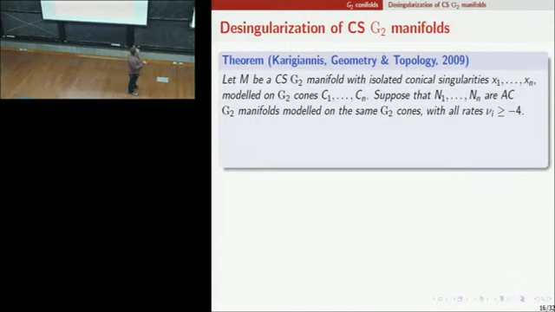So in fact, this is what I did 4 years ago, or I guess I started 4 years ago, published in 2009. These don't exist yet, but if you had a conically singular G2 manifold with isolated conical singularities that are modeled on these G2 cones, and suppose you had the objects that you want to glue in, the asymptotically conical G2 manifolds modeled on the same cones. So the picture is you have these singular points